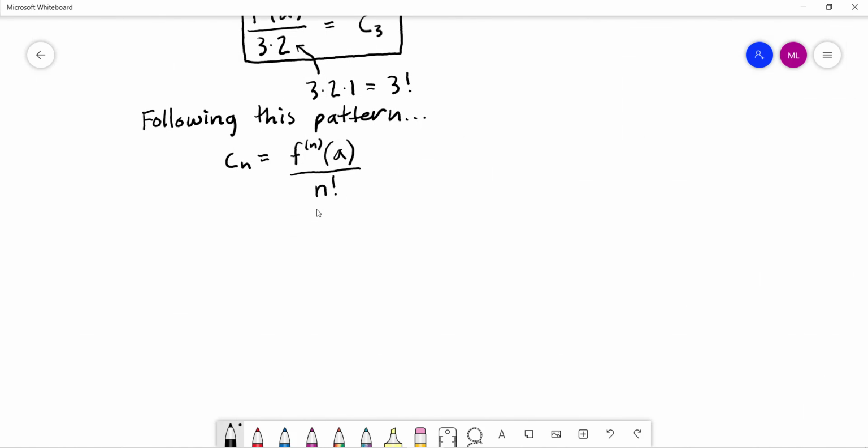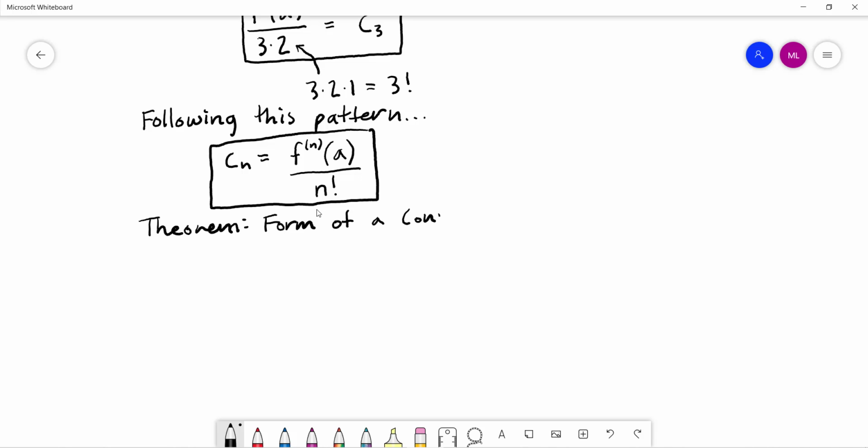So, to be totally clear, this gives us our form of our convergent power series. I'm going to write this out as a theorem so that we can circle it and highlight it and recognize how important this is. Let me box this one because that's important. But let me write this theorem out. So this theorem has to do with the form of a convergent power series that represents a function of interest. Okay, if our function f has a power series representation,